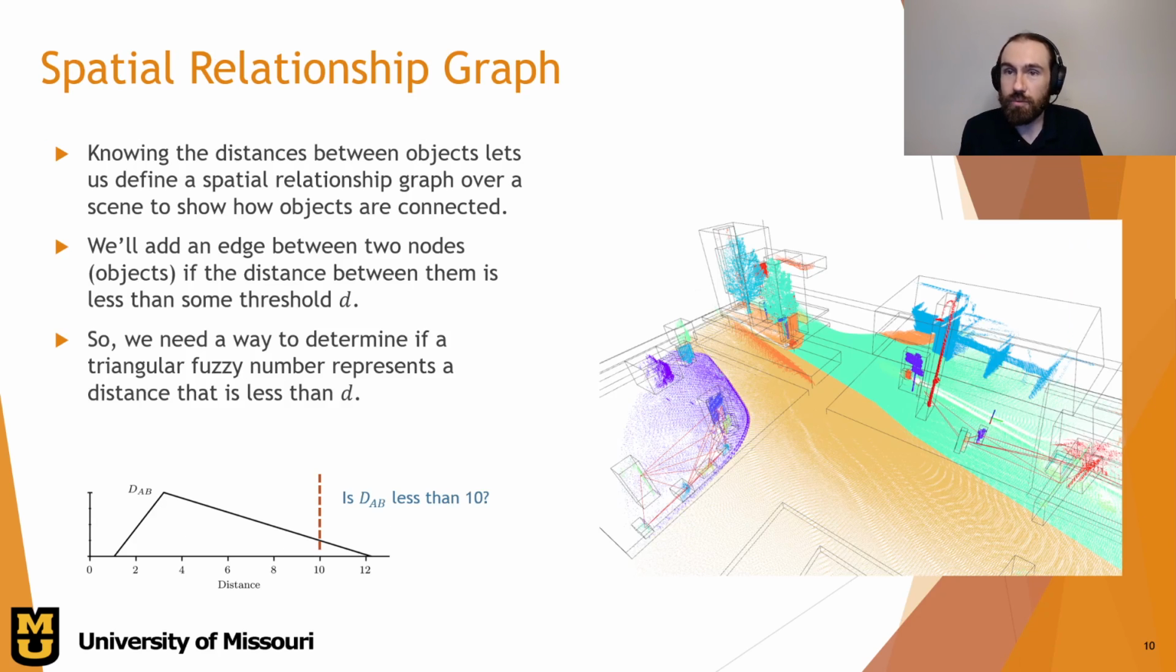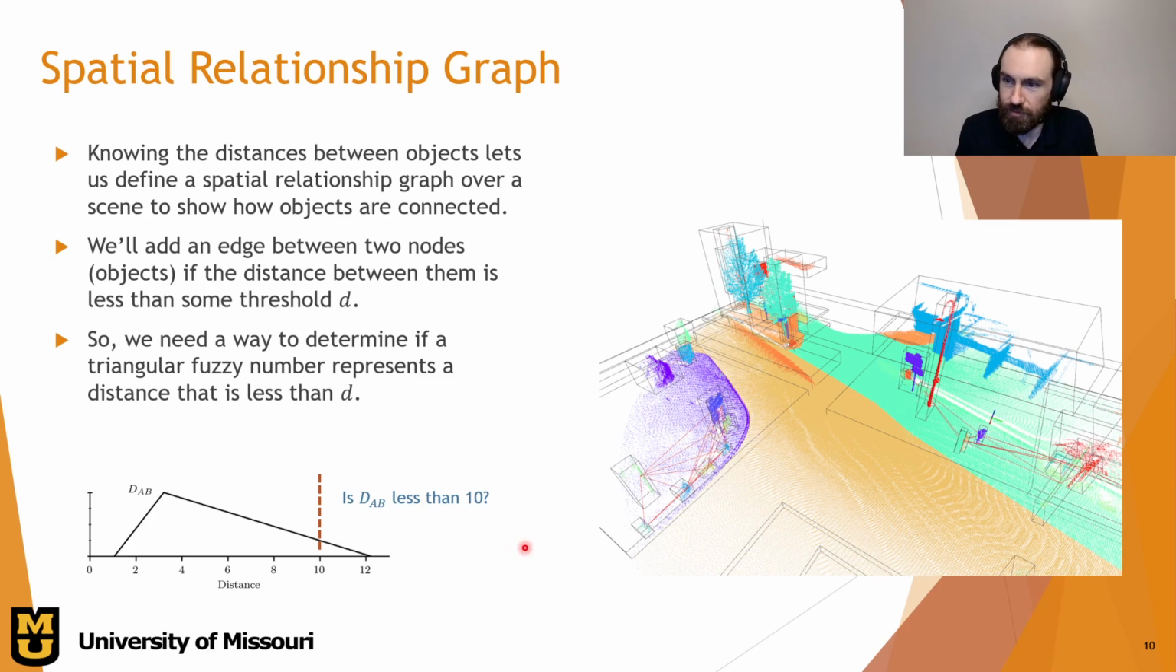So what can we do with this? Well, one thing we could do is start to build up a spatial relationship graph where we connect objects that are close to one another. Then we have to have some sense of, are these two objects close enough to each other to put an edge between them in this graph? And so we have to have some way of defuzzifying a fuzzy number, for instance, with some threshold,